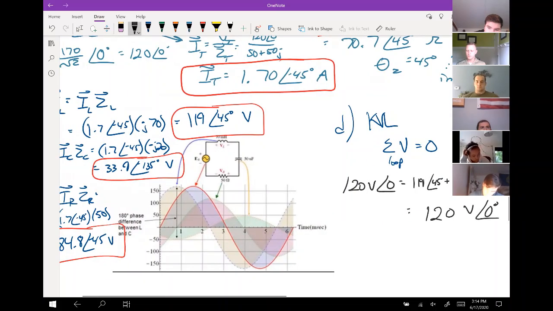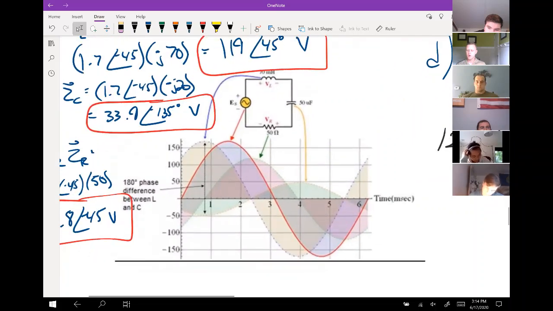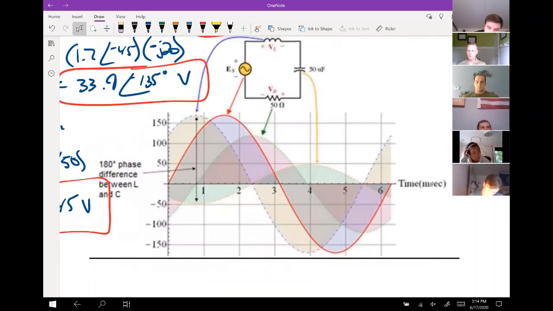Now what this is doing right here is it's just plotting all of these on the time domain. So notice how the voltage source is right here. Its peak goes up to the 170 and it crosses through 0. So that's kind of the 2 things. If you ever were to plot it